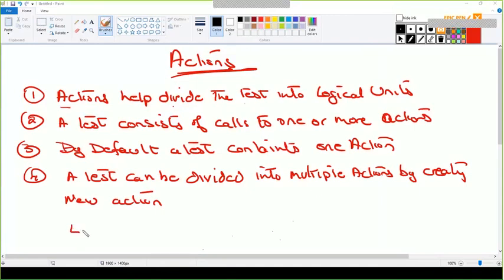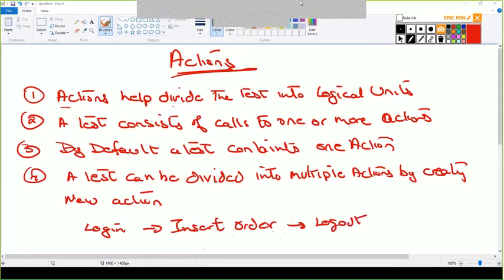Launch will be a part of the login. So I'll say login, insert order, and logout. Can I divide this into 3 logical units?